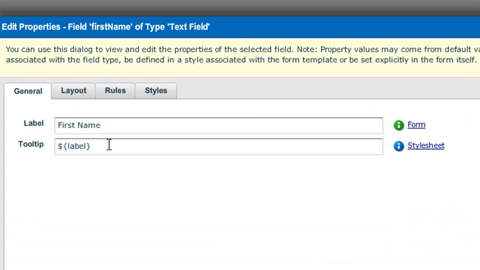You may have noticed in SmartForm Composer that by default, certain properties such as the tooltip in this example are set to this weird value called ${label}. And you may have wondered what that means. Well, it's a very convenient notation and essentially allows one property to derive its value from the value of another